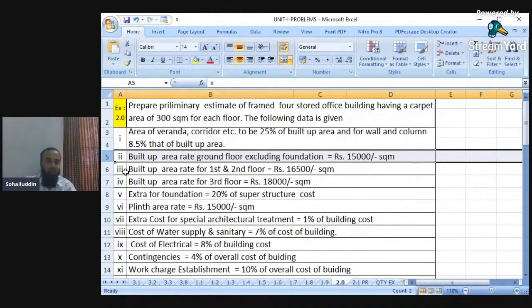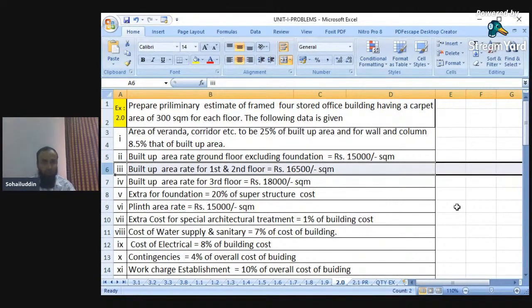Serial number 3 is again the built up area rate of first and second floor. Now ground floor rate is given as 15,000, but what is the rate of first and second floor? It is somewhat more, that is 16,500. In Mumbai or in big cities, as the floor increases, the per square meter rate also increases,